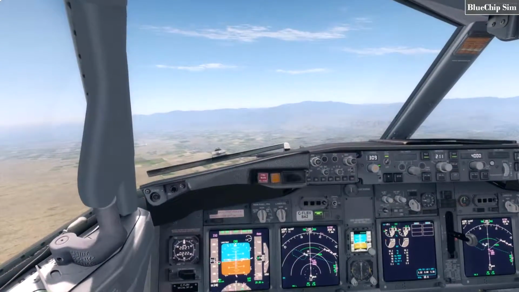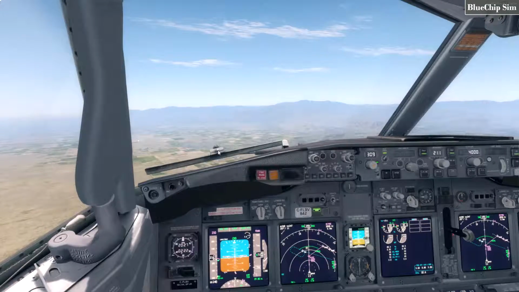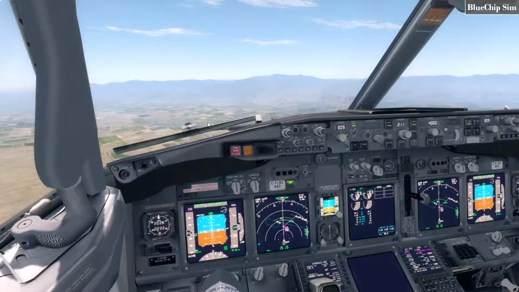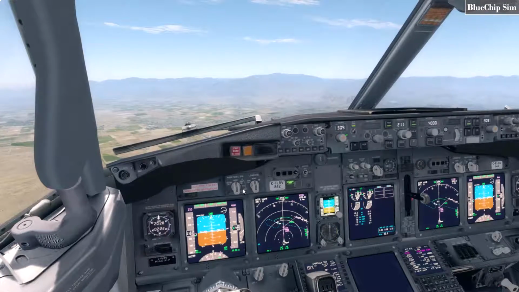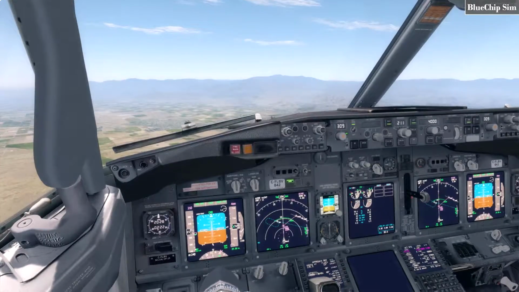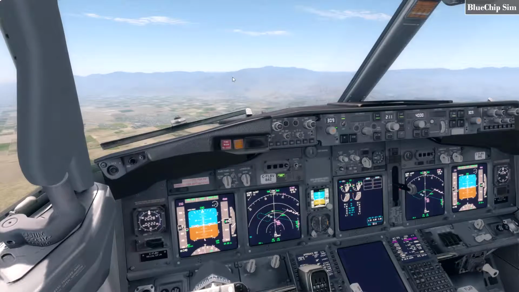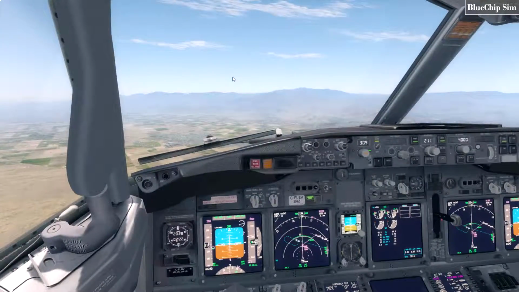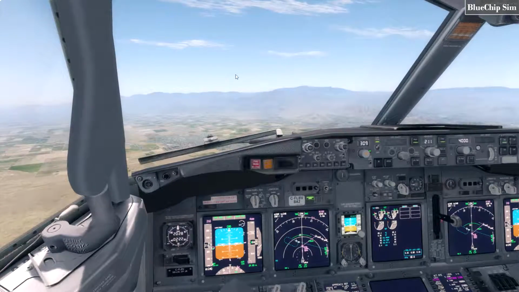So, other than flaps, we are just about ready to land. We will keep descending. Once we get to 4,000, we're probably going to drop this altitude down a little more. And then, yeah, we're ready to land. While we've got nothing to do but sit here and watch the flight,